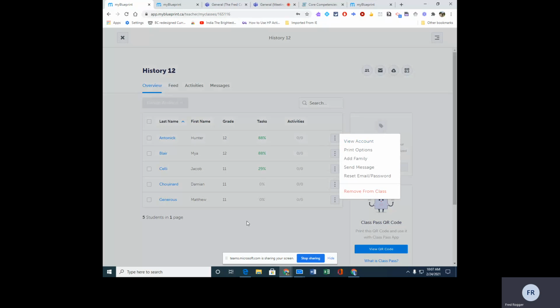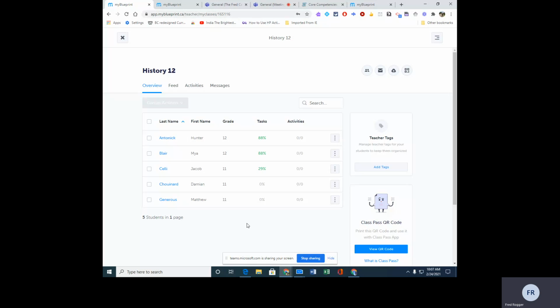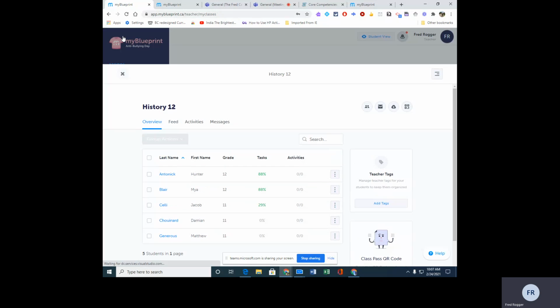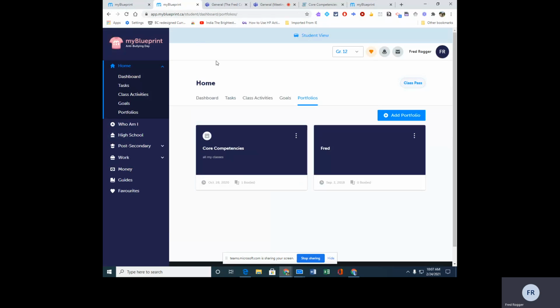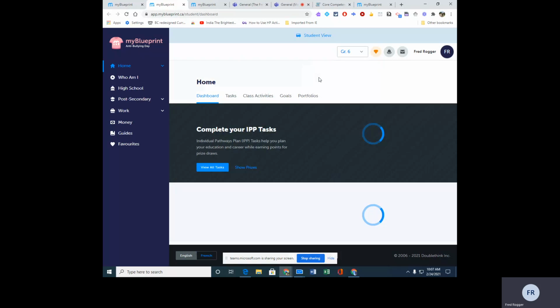This is more probably for the careers teachers, but the reason I'm encouraging you to use MyBlueprint is to encourage kids to self-assess across the classes that they're taking. And so how will that look? If you click out of here, again, this is student view or teacher view, you've created your class. If you go to the student view, and if you click on student view, you'll get the student's view,